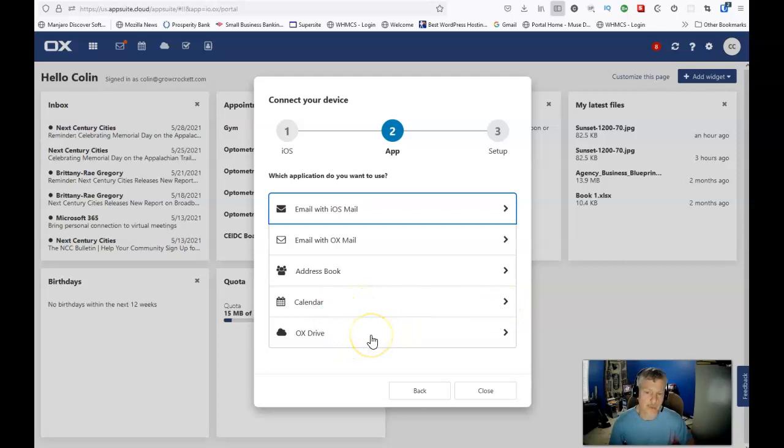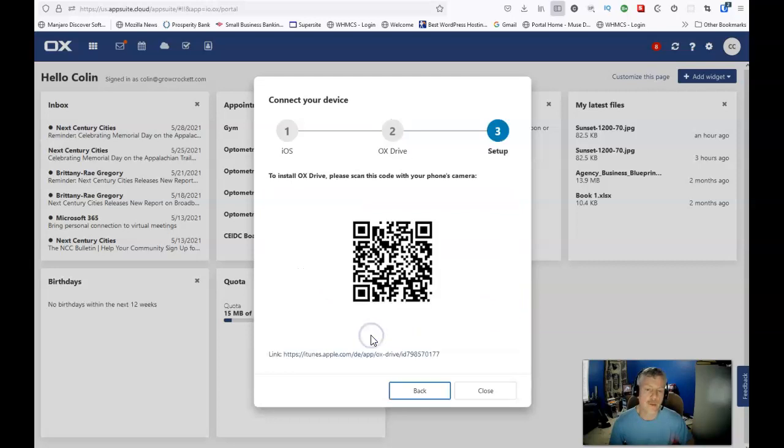Other thing you may want to do also would be to go to the OX drive, and again, just like the Mail app, it will install a separate app for your OX drive, and again, it'll just walk you through the prompts. You scan the QR code, it's going to prompt you. It's actually really straightforward. It just walks through the steps, and it will install the app for you and integrate it